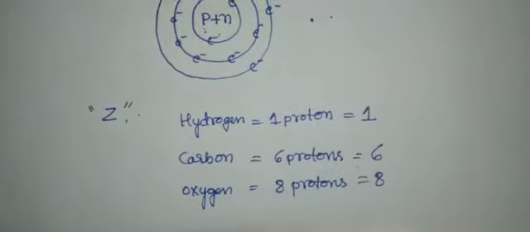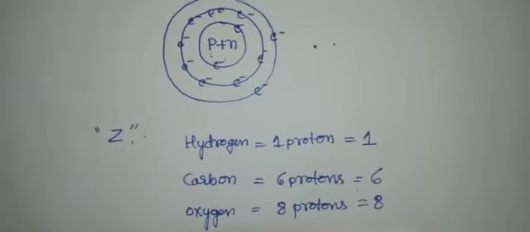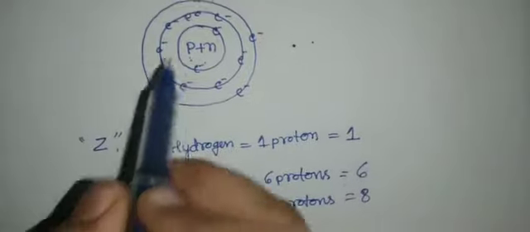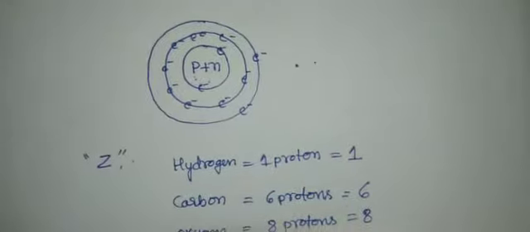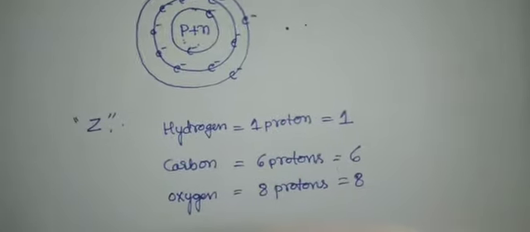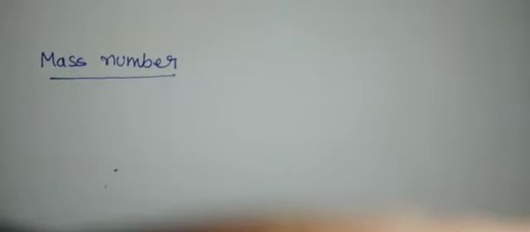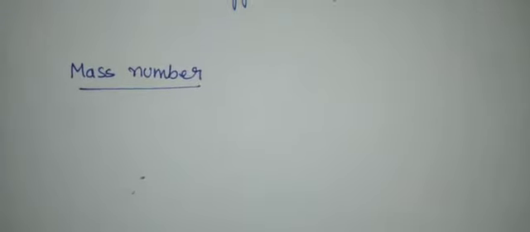So you know that we have 119 elements, right? So at the same time, 119 protons will be present in this atom. So this is about the atomic number. Next comes to mass number. So what is this mass number?